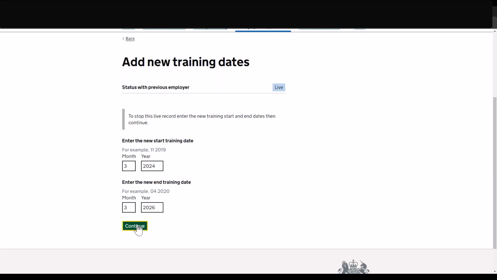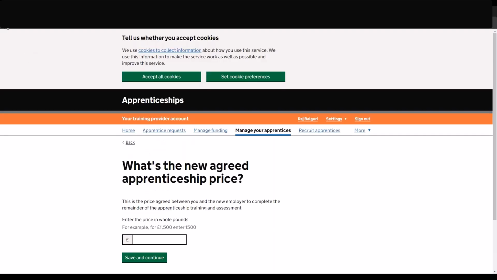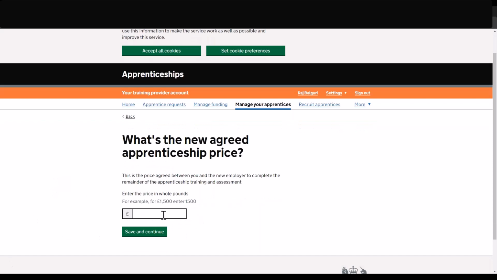Now, the important thing is that if there is a stop already on the employer record, this new start would need to be at least after that, and there needs to be at least 1 month between the start and the end date that we just added in there. So if we click on the continue button that we had, we now come to the new agreed price that you have with the employer that you're moving to. So if you just place a value in here, and then click save and continue,